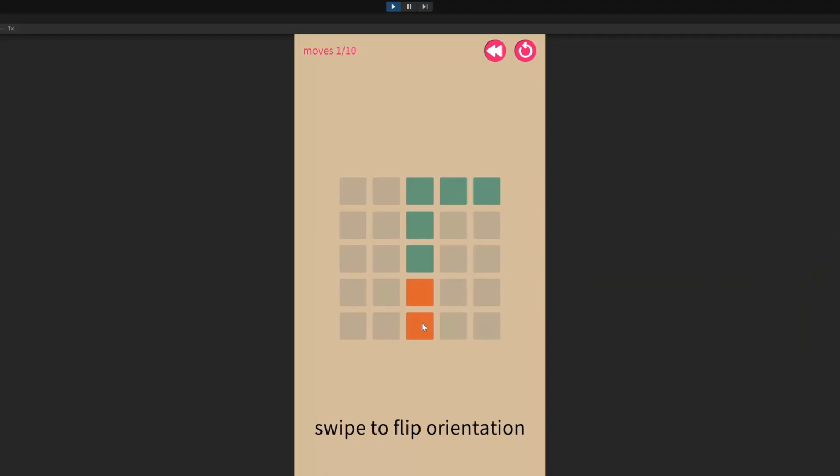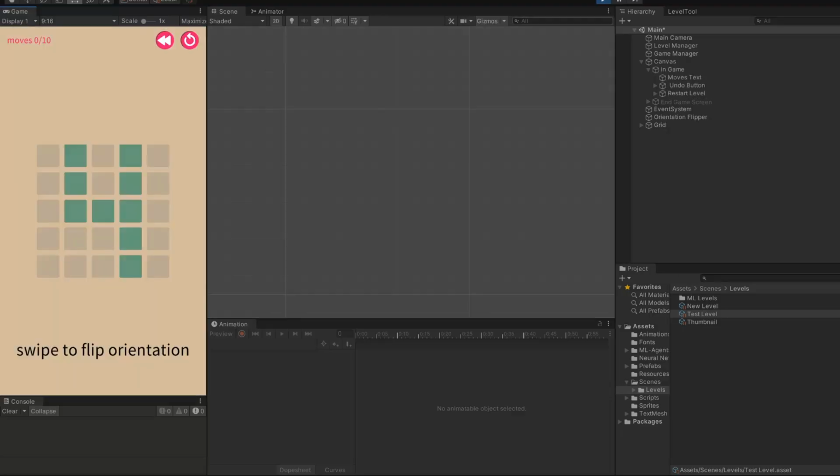I had this bug where the orientation of the grid wouldn't match the direction of the tiles flipping. And whenever I have a bug, there are some useful steps that I follow. First, try to reproduce the bug consistently. For this bug, I figured out when a level was completed and the grid was in a vertical orientation, I could reproduce this issue. Second, try to narrow down the issue. Where is the bug coming from?